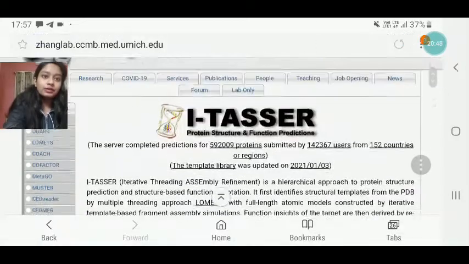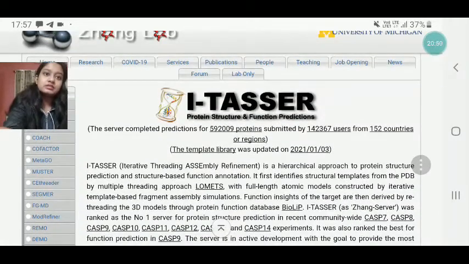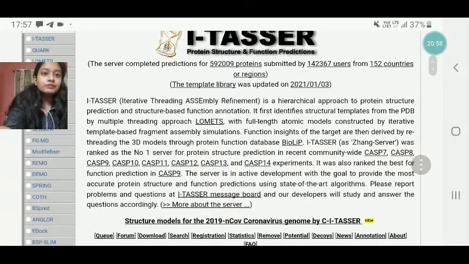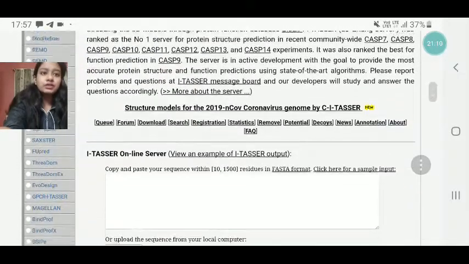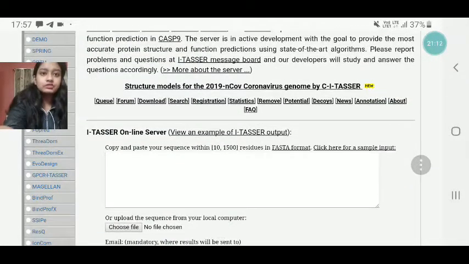Now why I have copied it, I'll tell you. What is I-TASSER? I-TASSER is a server where you predict protein structure and functions. It stands for iterative threading assembly refinement. It is a hierarchical approach for protein structure prediction as well as structure-based function annotation. It is a very interesting way to predict the structure.